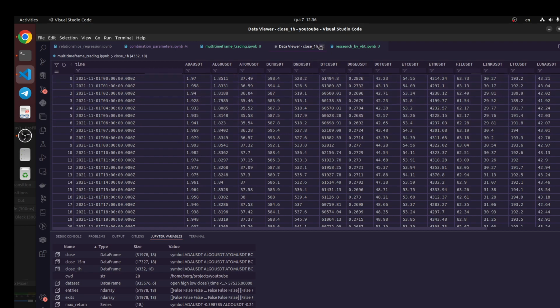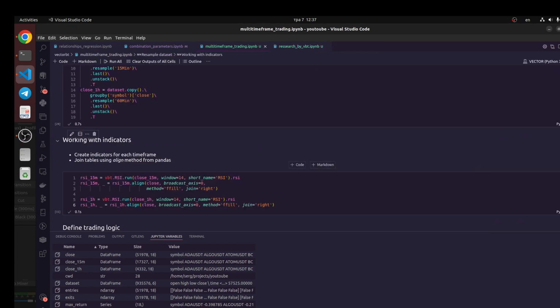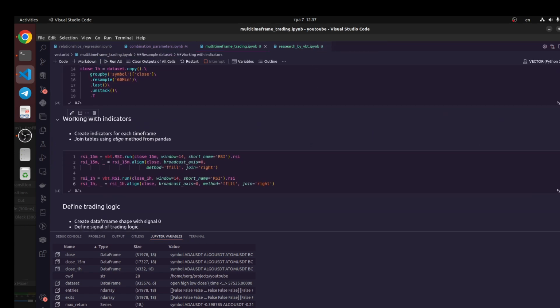By default, we couldn't use some compare logic using both Pandas data frames because we have a different shape. And in this case, the number of rows is different. So what we need to do is create indicators, and you see we are going to use RSI indicators,